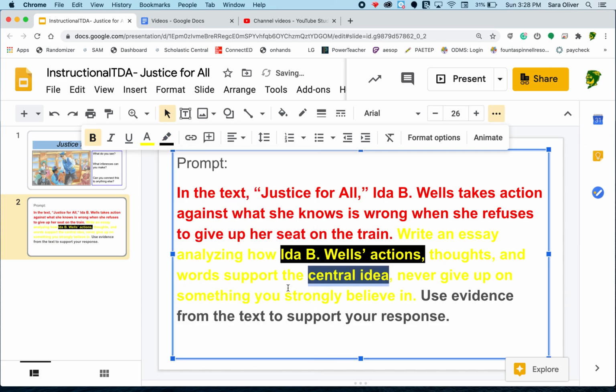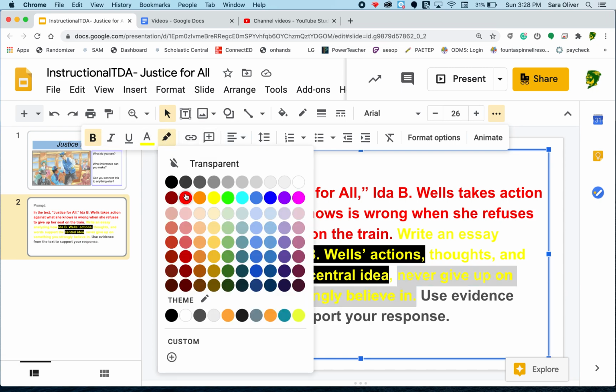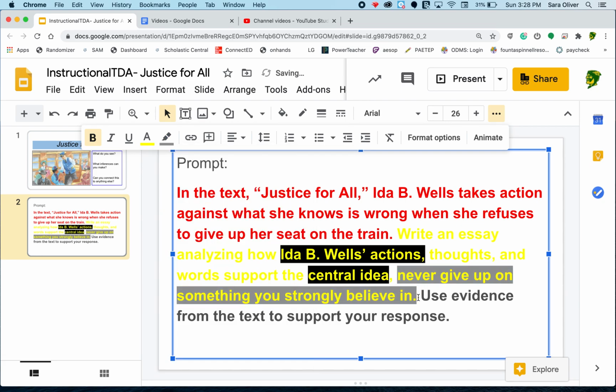When you are writing a TDA response, you are always trying to connect 2 elements together. So as I'm forming my response later, I'm going to make sure that I'm talking about the character's actions, and I'm also going to be talking about central idea. Sometimes we call central idea theme, so if you hear that, we're talking about the same thing. Lucky for us, this TDA prompt tells us what the central message is, which is never give up on something you strongly believe in. So we will be trying to prove that Ida B's actions support that she never gave up on something she